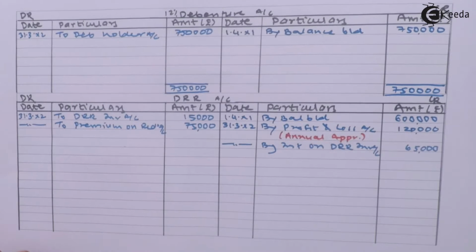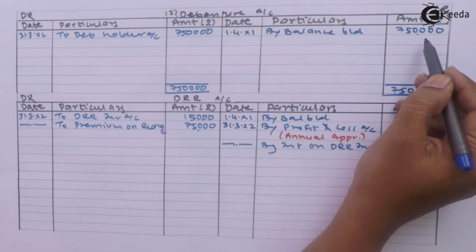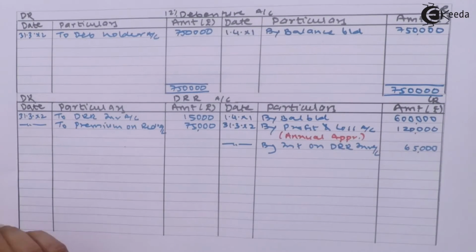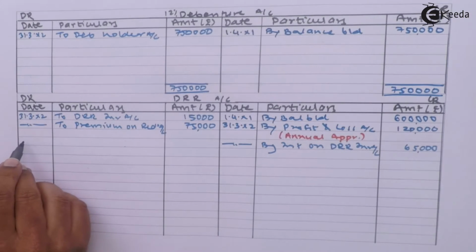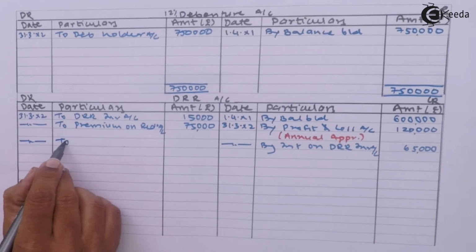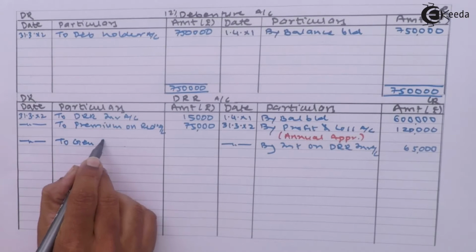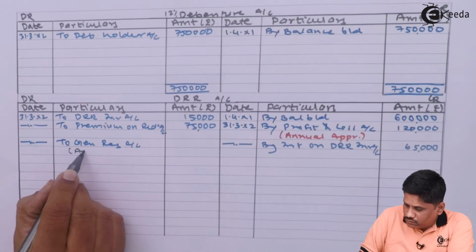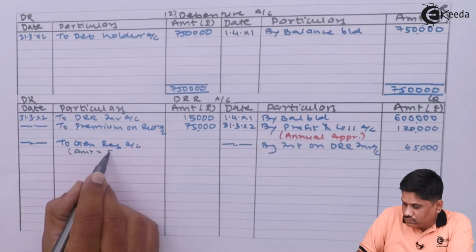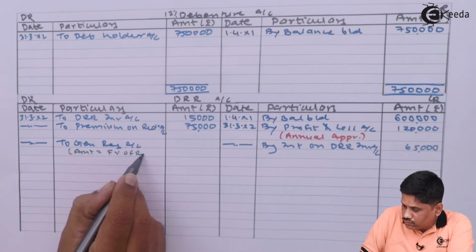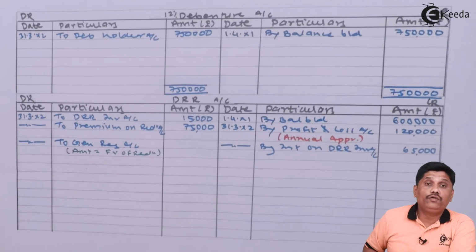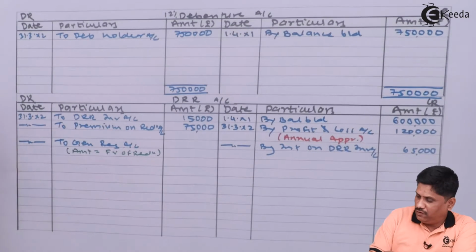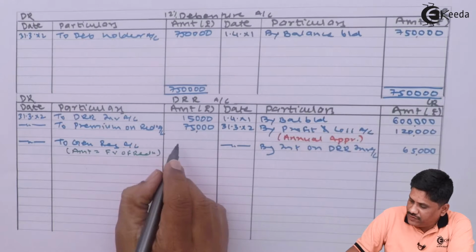To the extent of face value of debentures redeemed, we will transfer amount to general reserve from this account. Face value of debenture redeemed is how much? 7,50,000। ठीक है, तो हम लोग यहाँ पे ट्रांसफर कर रहे हैं। अमाउंट इज इक्वल टू फेस वैल्यू ऑफ रिडम्पशन। फेस वैल्यू ऑफ रिडम्पशन कितना था, 7,50,000।